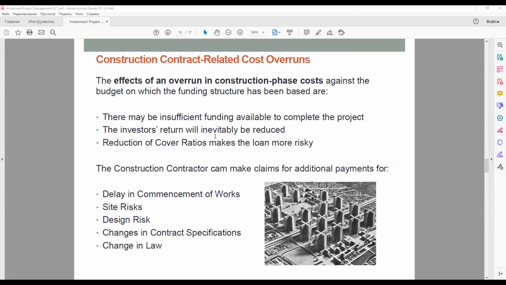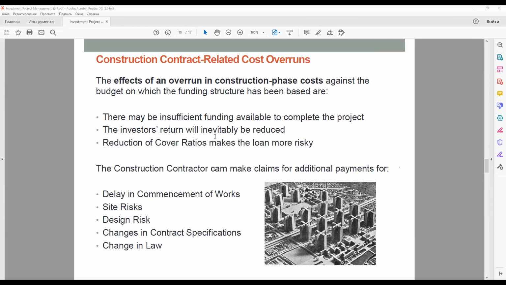The construction contract is normally by far the largest cost item in the budget, perhaps 60 or 75% of the total budget. Therefore, it is evident that this is the most important item to control. And the relevance of a fixed price turnkey contract in this connection is clear. If such a fixed price contract is not in place, this adds a major dimension of extra risk to the project.